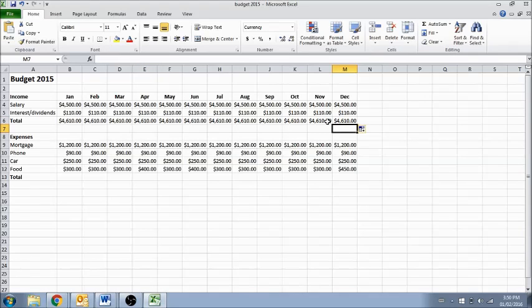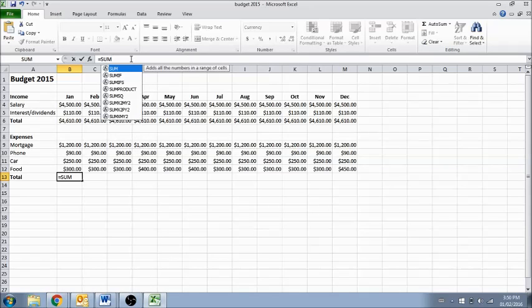Let's move down to our expenses, and just like in the previous step, I'll select where I want my total to show up, move my cursor to the formula bar, and get ready to add the formula. However, it's a little different when we're adding more than just two cells. So again, we're going to start with the equal sign, enter sum,